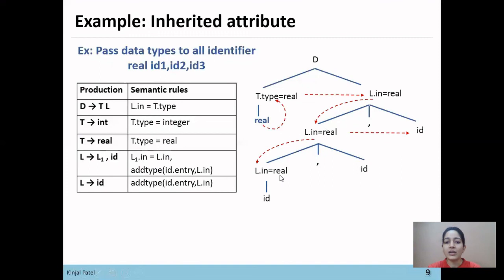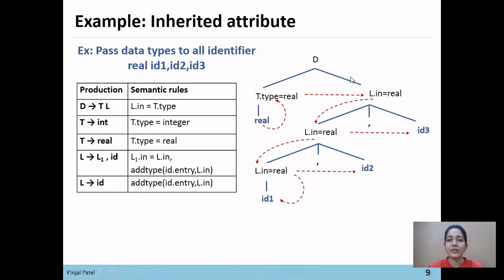So now L.in equals real. Now this value will be passed to the identifier, so now the parser can know that this ID2 is also of real type. Now this value will be passed to this identifier, so the parser can know that ID1 is also of real type. Okay, so ID1, ID2 and ID3 are all of real type.